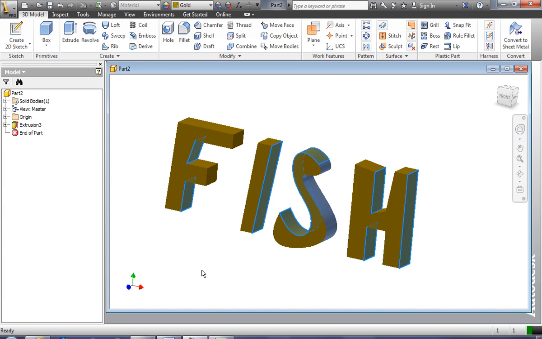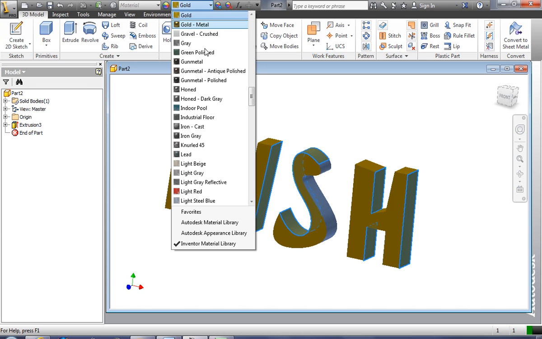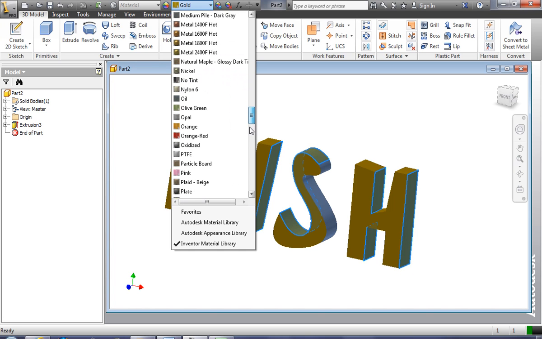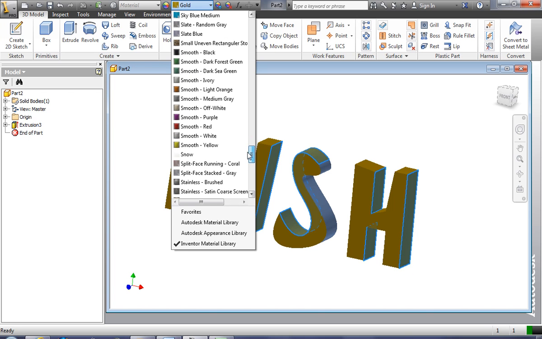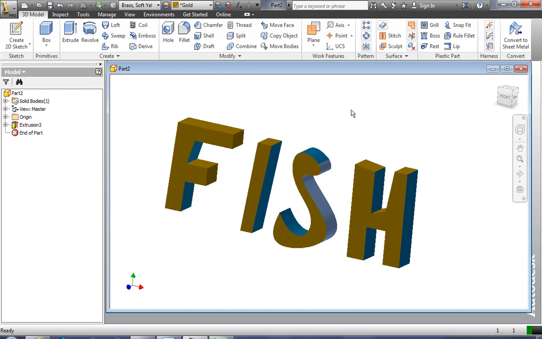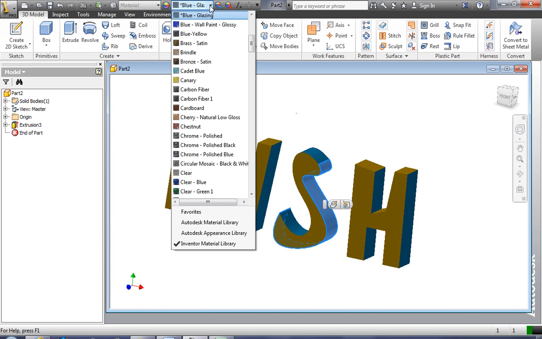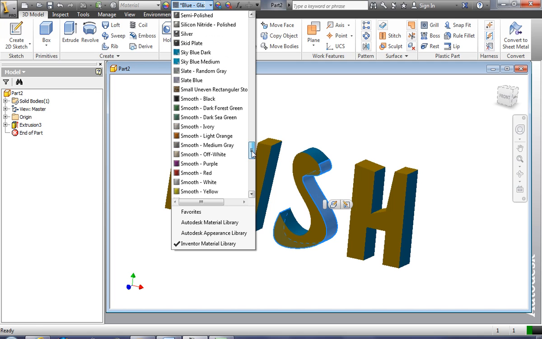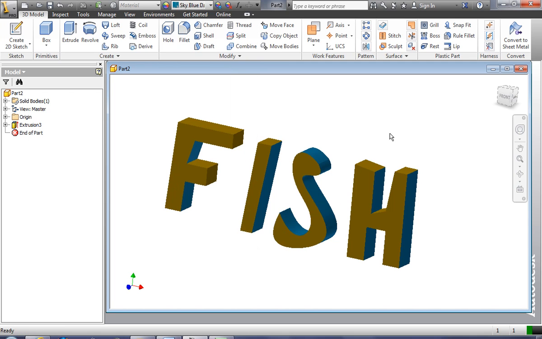This is one way that you can do some tonal shading on your part. I want those to be the same. Let's see here. What was that? I forgot the color. Let's make it sky blue dark. I'll change this one to sky blue dark because I forgot what I just said. Oh, there it was, blue glazing. Okay, sky blue dark. So now every front view or side view of the faces is the same color,